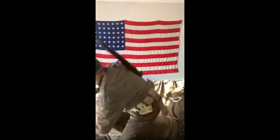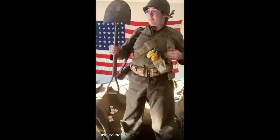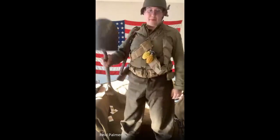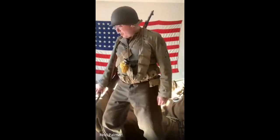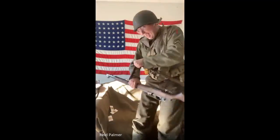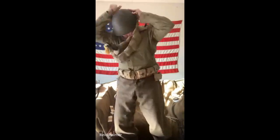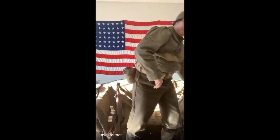So there's actually guys that were going to combat with not only the rifle and all of this, but also a shovel and a pickaxe on top of that. So that gets to be more like 80 pounds to 100 pounds. And it actually became a huge problem, especially on D-Day, because A, that's a lot of weight to be carrying. If you're storming a beach, you don't want to be carrying that much weight because you get bogged down in